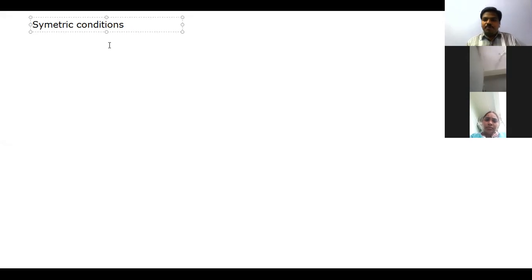See, before starting any specific topic, you should first analyze the importance of learning that concept. Already, we have started the Fourier series representation of a periodic signal, and we have completed the first representation, the trigonometric Fourier series. Later, we are going to see the next two types: the cosine representation and the complex exponential representation. Before that, you should familiarize yourselves with the concepts of symmetric conditions.